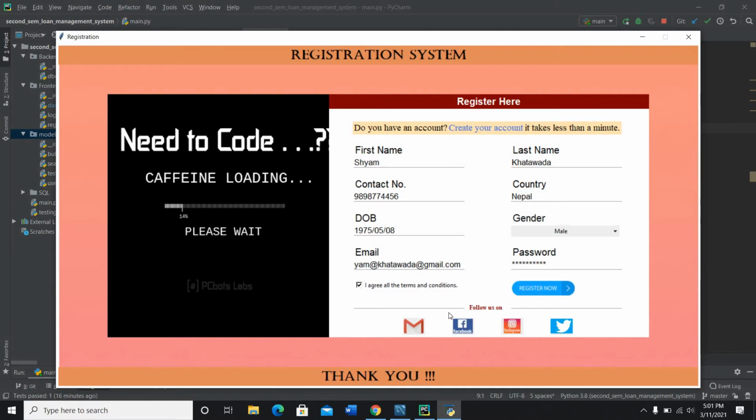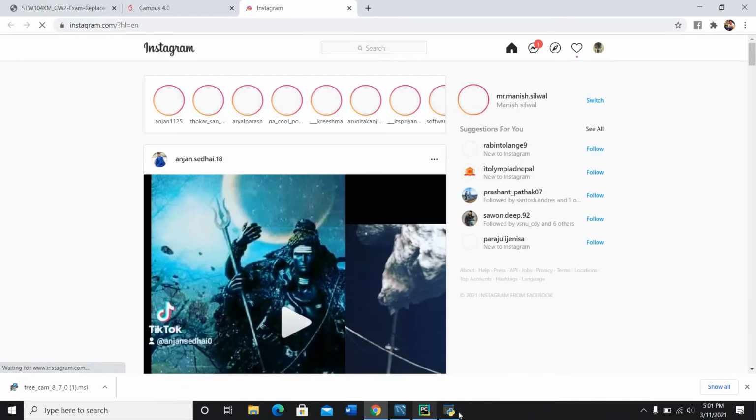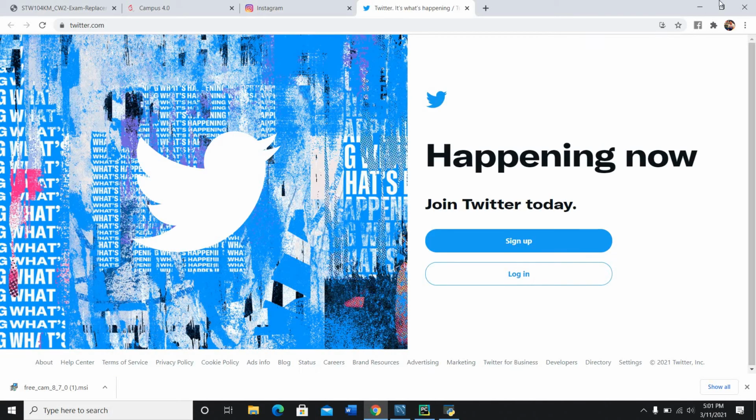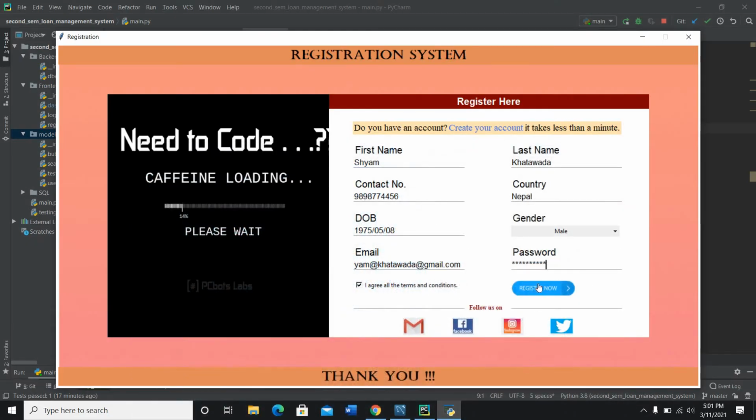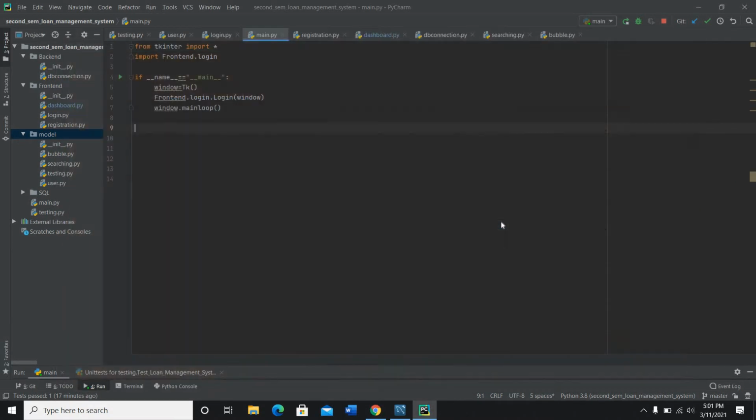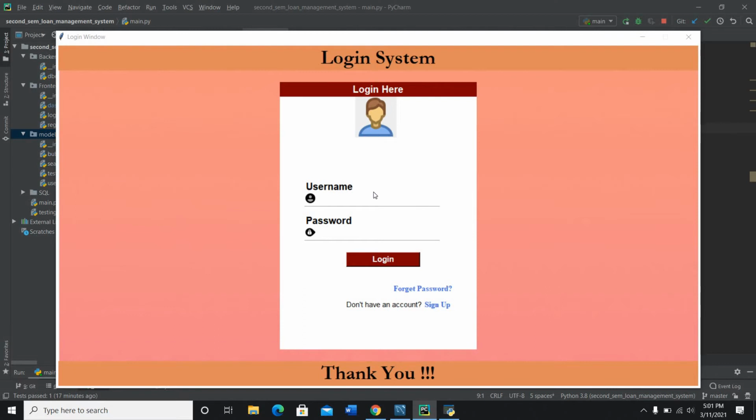I want to say this, whenever we want to register through our Facebook or Instagram or Twitter or Gmail, we can go directly here to register. For example, when we click on Instagram, the page opens, or Gmail or Twitter; if we click on Twitter, then it will open the Twitter account. So let me register this. Okay. When we register, this message box automatically pops up to say we have successfully signed up. Then we return to the login window.